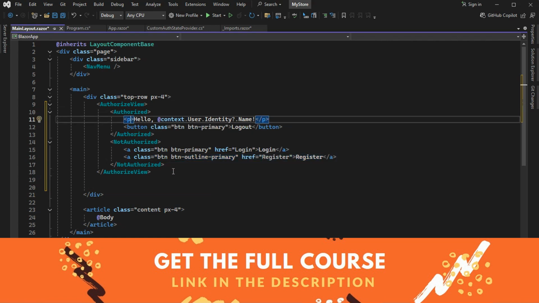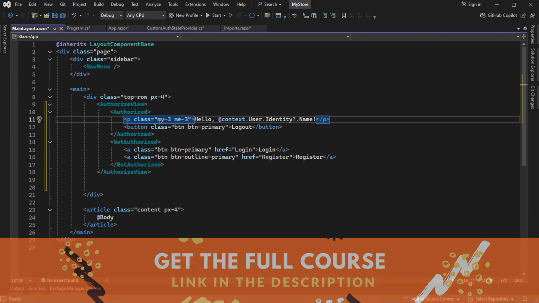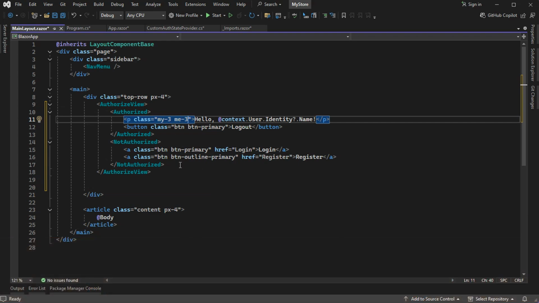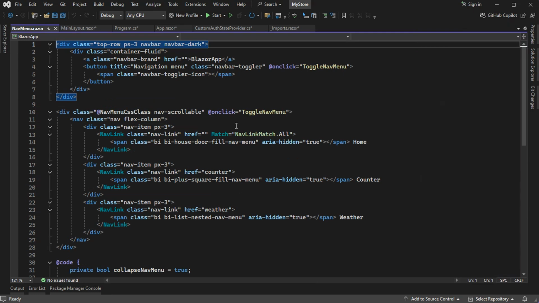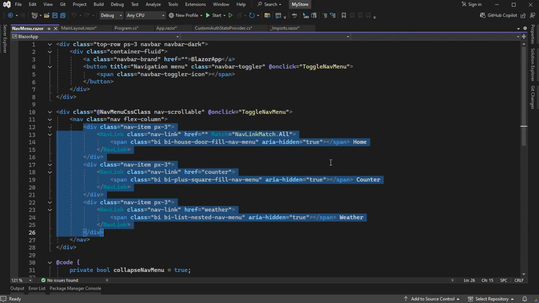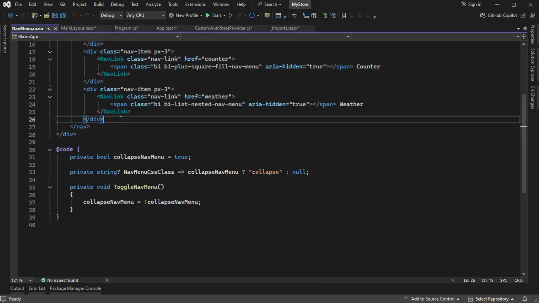So just here we can add some Bootstrap classes. So we will add some top and right margin. Now let's update the nav menu. So in this nav menu, we can see that we have these three items. So if the user is authenticated, we can display these three items. Otherwise, we will display a paragraph. So just here,